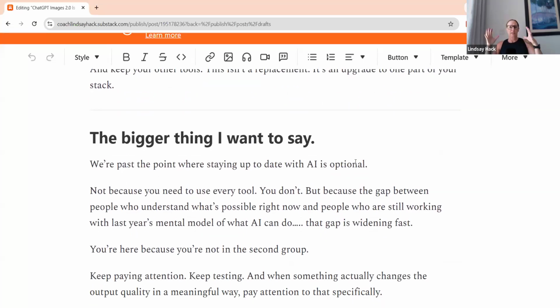So again, at this point, we're past keeping up to date being optional, but you do not need every single tool. You don't, because there's a gap between how people understand them and how they change and what's going on with them. And that gap is widening fast and furious. But here's the thing. If you do AI images like I do, if you do video like I do, if you create identity and visualization like I do, we need to make sure that we're in the right tool set for using all of those images.